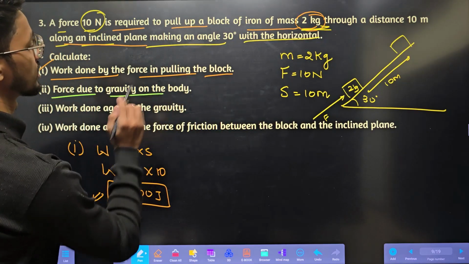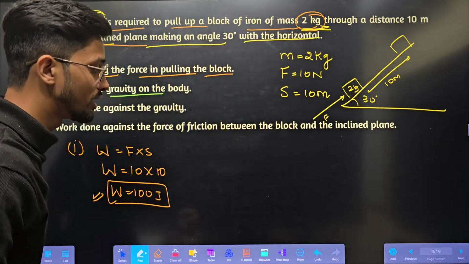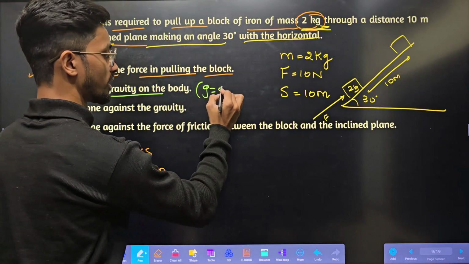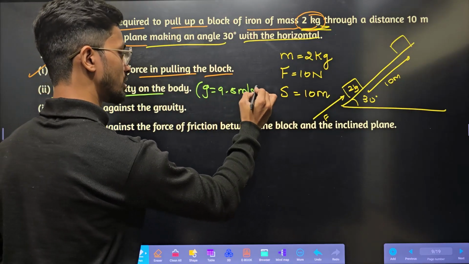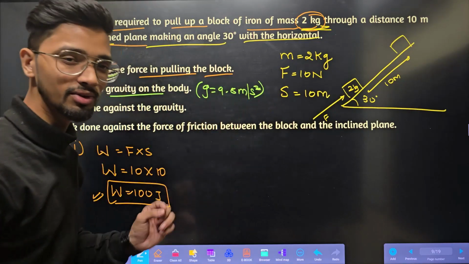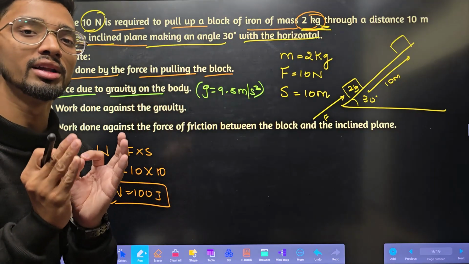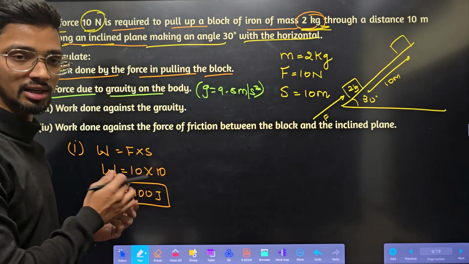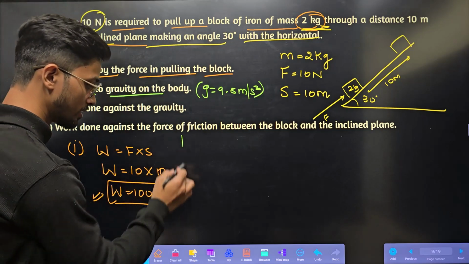Second one, force due to gravity on the body. What will be the gravitational force? See, here we need to take g is equal to 9.8. Why we need to take 9.8 meter per second square? Because we are actually calculating the approximate value. Because if we take 10, again the answer will be the same. That's why I'm telling you. Okay. Second thing,